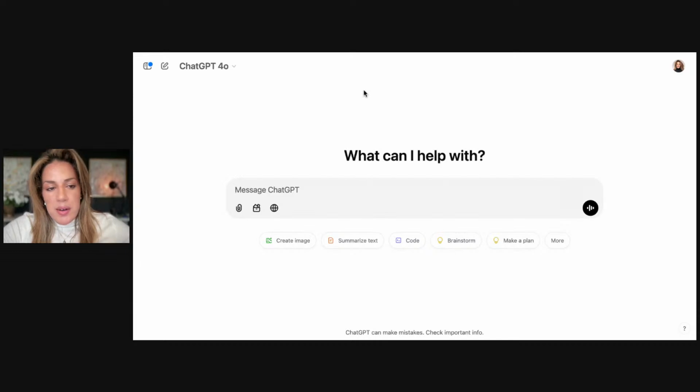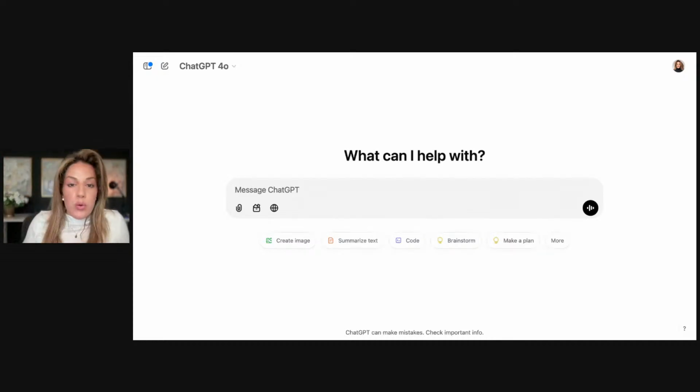Now, to use Operator, you have to upgrade to Pro. Pro is $200 a month, so it's the highest tier of ChatGPT's memberships. And I upgraded mainly to test it out. But let's just say you really have to look at the task versus the value and the time saved. If I'm someone that for my family has to spend an hour or 2 hours every single week gathering the list of groceries, ordering it, making sure that it arrives on time,